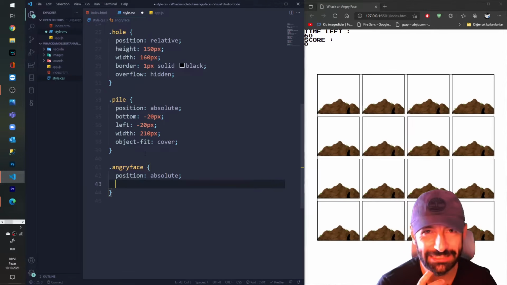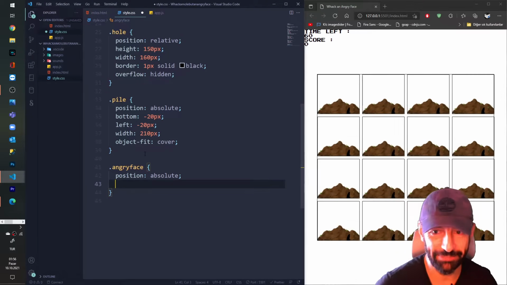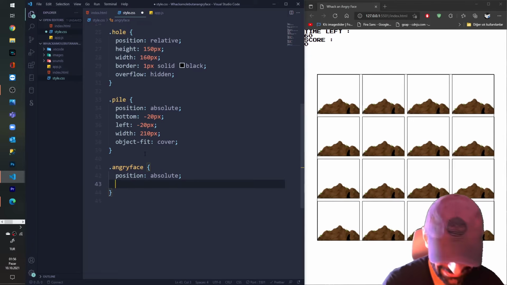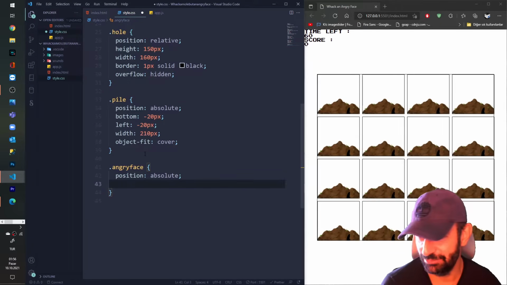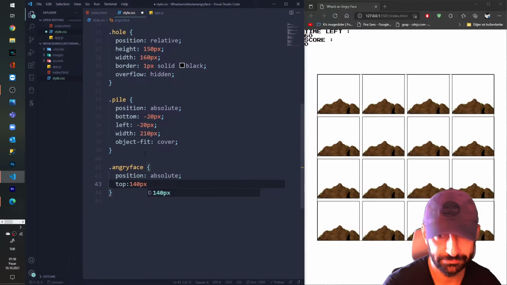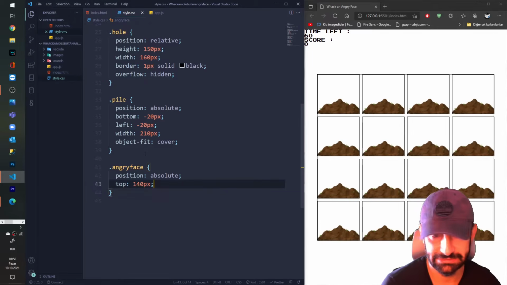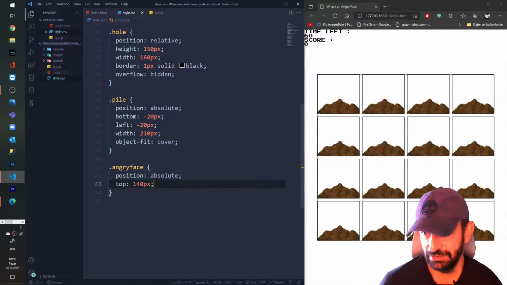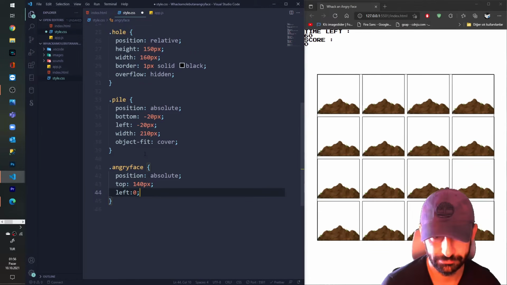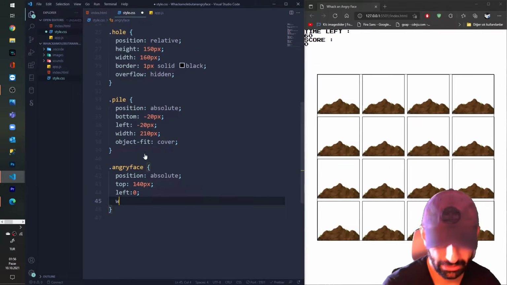I'm gonna name him, I guess, Charlie. Charlie, it's a good name. Let's rock Charlie. Yeah, I like that. Okay, I'm gonna say top 140 pixels. Nice. And I'm gonna say left 0. And width will be